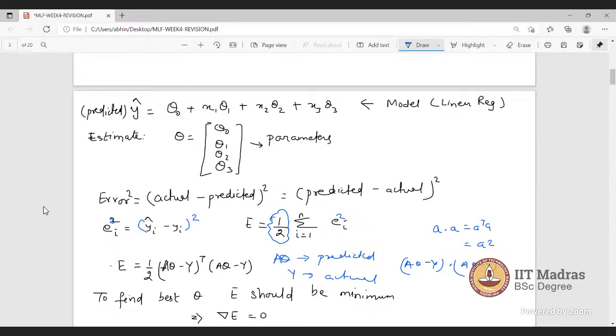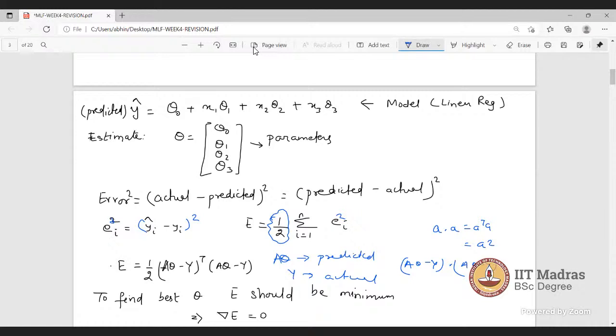One small doubt, sir, please. In the first lecture we were told that the loss function will be 1 by n times the summation from i equal to 1 to n of ei square. So that 1 by n has now been replaced by 1 by 2. I understand the mathematical convenience for that, but in that lecture, why was it given as 1 by n? It's okay. When you use 1 by n, it is called the mean squared error. The name will change, that's it. The 1 by n is also a scalar, so it has no significance as such.